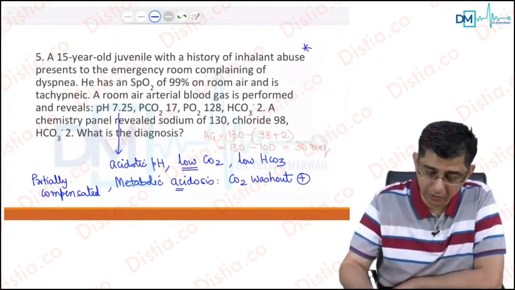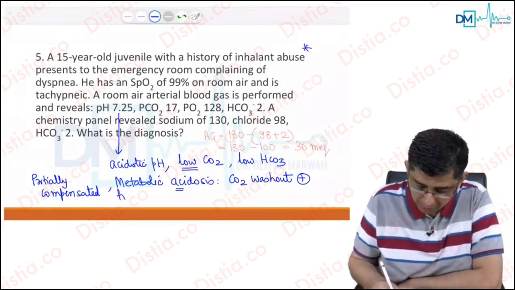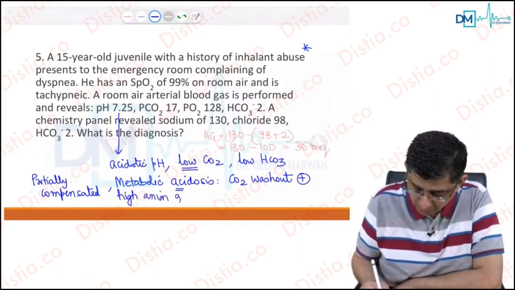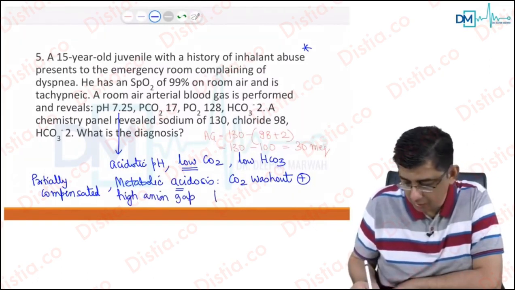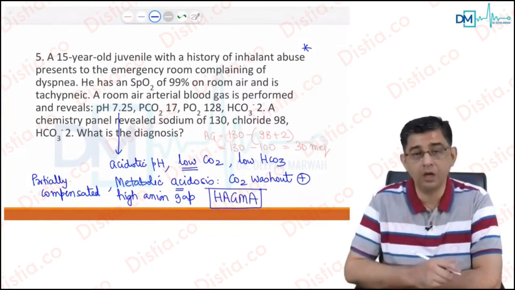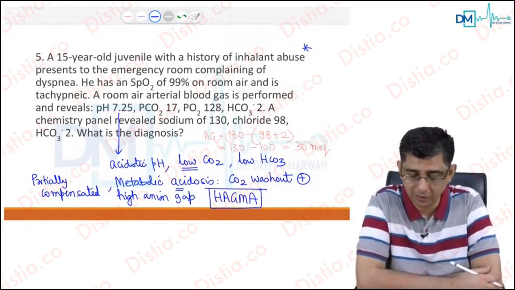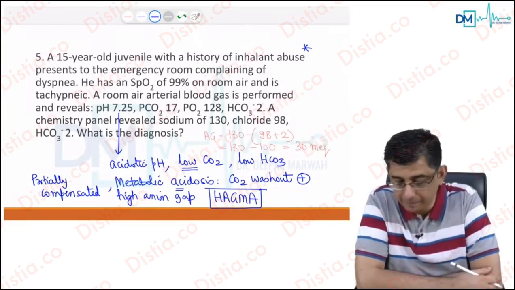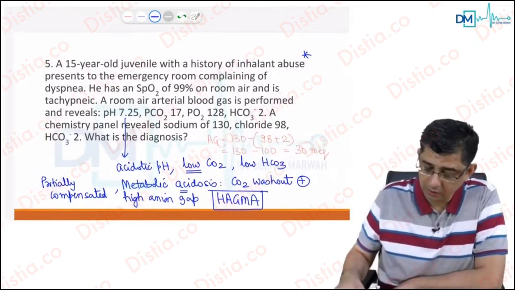So my diagnosis for this guy is HAGMA, that is partially compensated high anion gap metabolic acidosis. You will notice in the case file we write the word HAGMA, that is high anion gap metabolic acidosis, and this is partially compensated in this patient in a sense that the carbon dioxide values are less than normal in this patient. Let us now understand a rule,